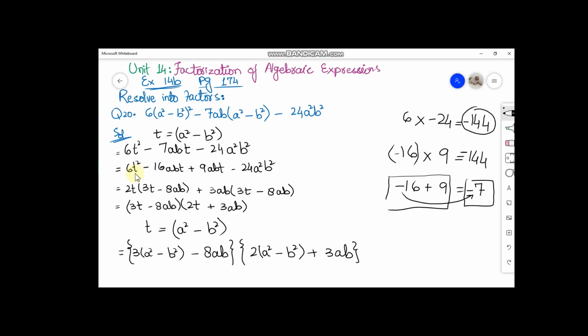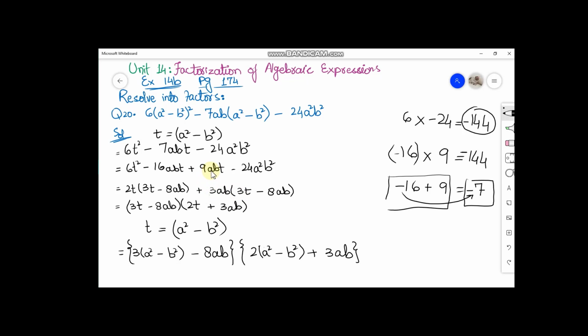Okay, now students, what is the next step? The next step is to take the common from the two terms. The table of 2 is common in the first two terms. You see it is 6 and it is 16, and we have t square and t power 1. It means t power 1 is common and the table of 2 is common. So 2 3s are 6 and t power 1 is common, and t power 1 will be remaining, minus 2 8s are 16, and then ab will be remaining, t is common. Now next 3 is common, because 9 and 24 both appear in the table of 3. 3 is common, 3 3s are 9.